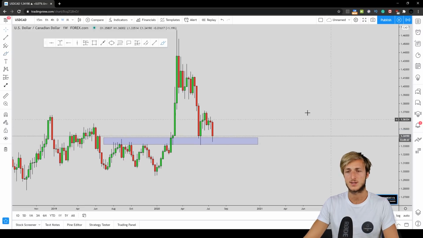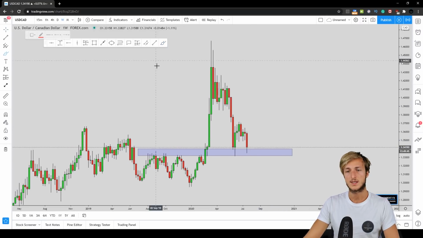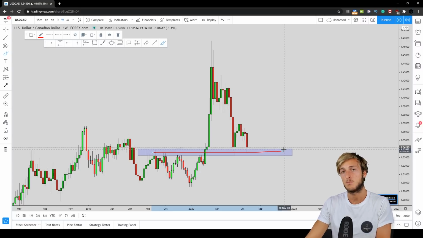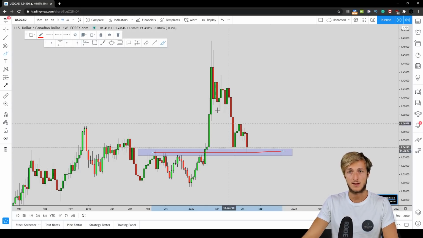Now on the weekly, what is the situation? Now on the weekly, we can see that this level here, which is the level that we have already identified on the monthly time frame, is a strong level of support also on the weekly, meaning there was a strong structure level also on the weekly, which was acting as resistance